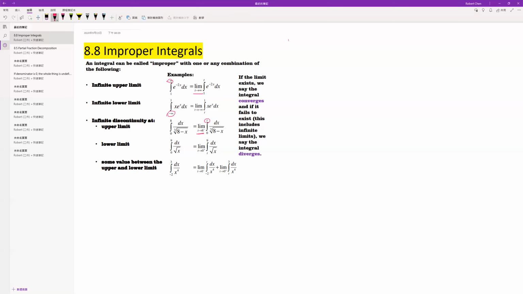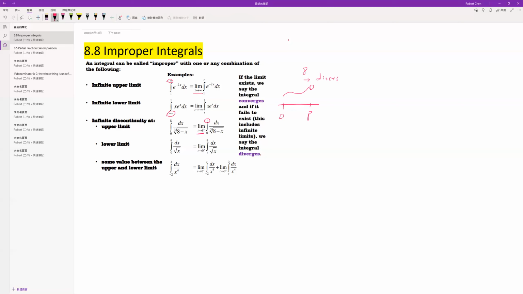The left-hand side, because 8 is our upper limit. So if we're looking at 0 and 8, at the exact point a, it's discontinuous, right? So maybe there's a line going like this, and then we're just looking at the limit approaching from the left-hand